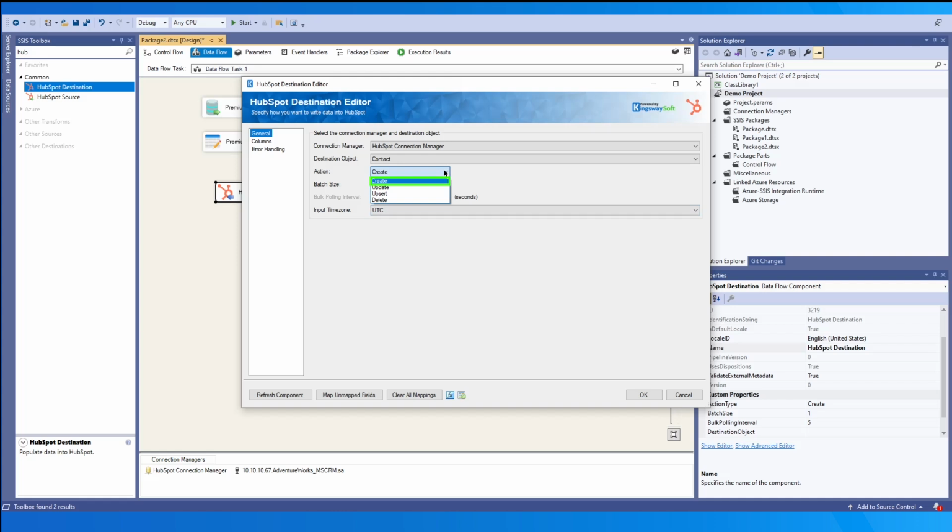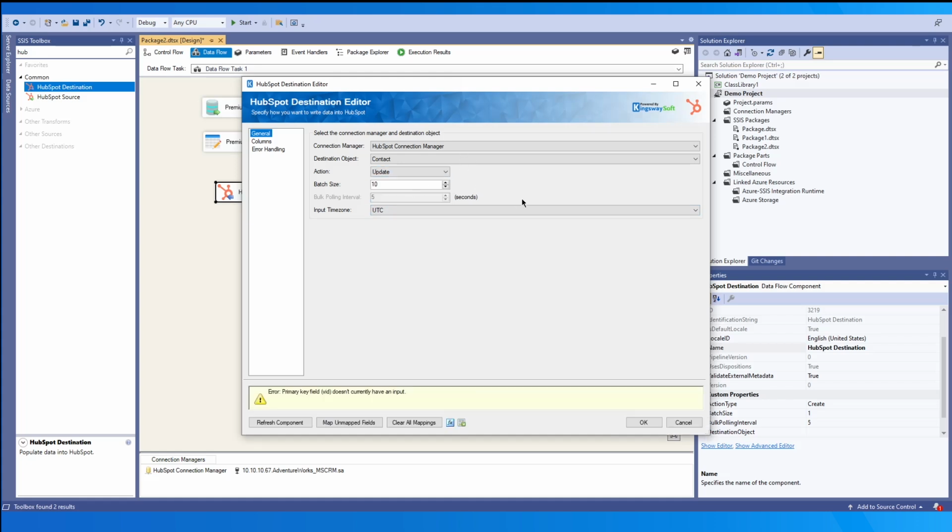The create is for creating new records. The update will be for updating existing records based on primary fields. For the upsert action, this would update an existing record if it exists, otherwise it creates a new one instead. Note that this is only for the contact object only. The upsert functionality only works if an email is supplied. If the VID or visitor ID is supplied instead, it'll function like a regular update. And the last option, delete, deletes records that match the primary field. Please note that this would be only for the contact object and requires a primary field.